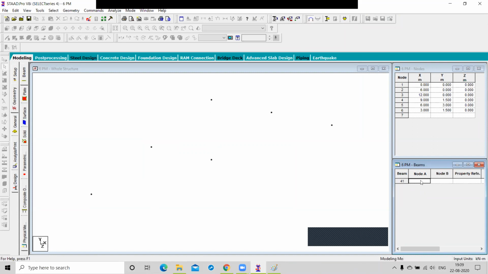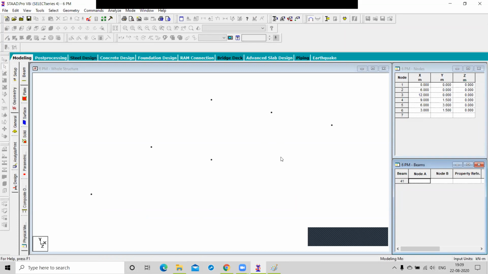Here I am going to specify the node numbers. Can you tell which node number this is? First. And this is second. You remember all the node numbers